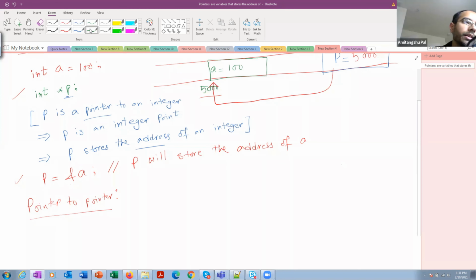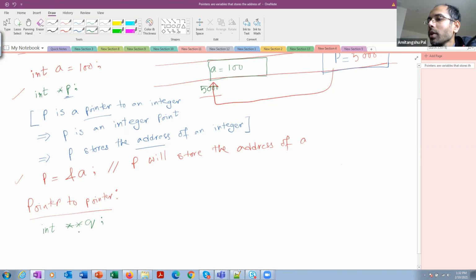Now if I define int **Q, that means P is a pointer to an integer. Here I was reading P is a pointer to an integer, or P is an integer pointer.